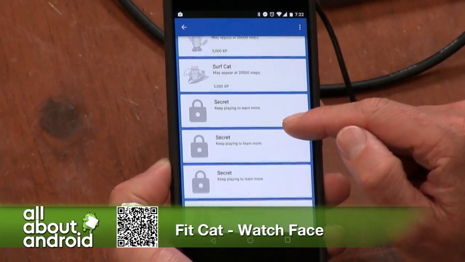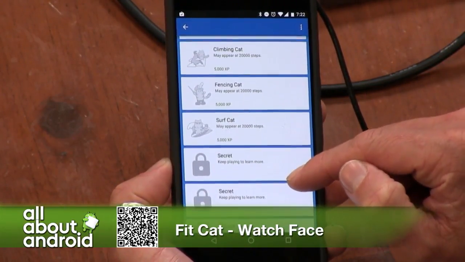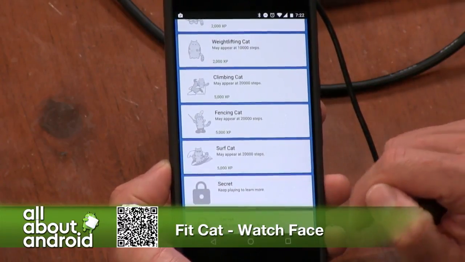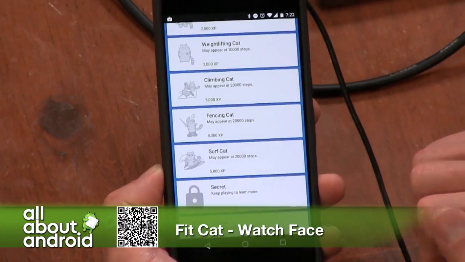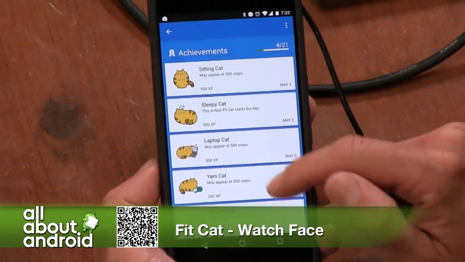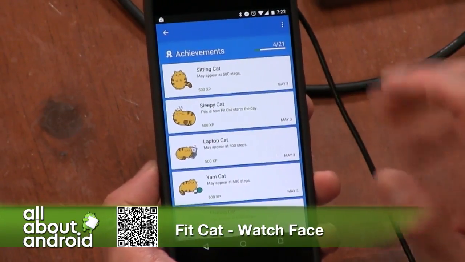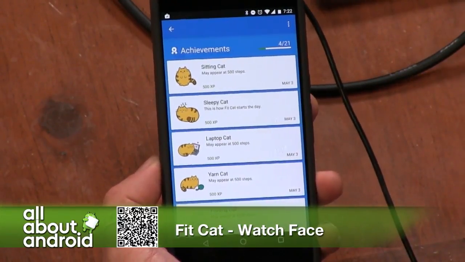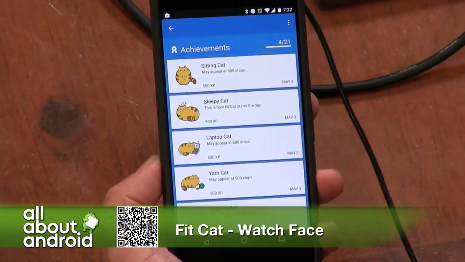So it's pretty fun. It's kind of a way to get you moving. I want Surf Cat because it's the furthest down. I want the one that's totally unachievable to me. Or just open it up for Google I/O, because you're going to be walking from tent to tent. That parking lot, I think you'll get it. That's a good idea. I hope so.